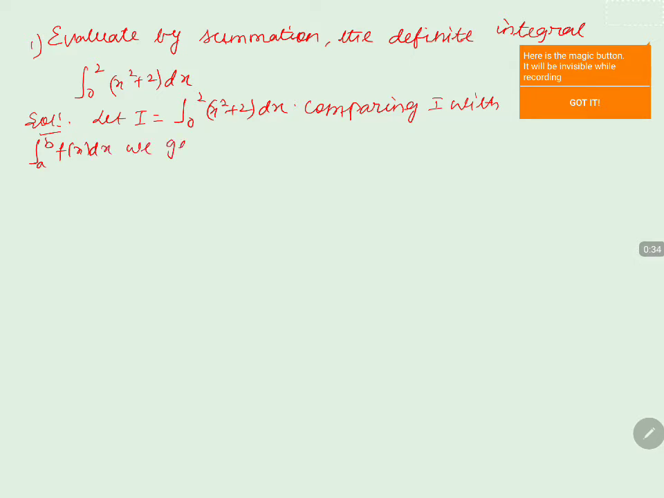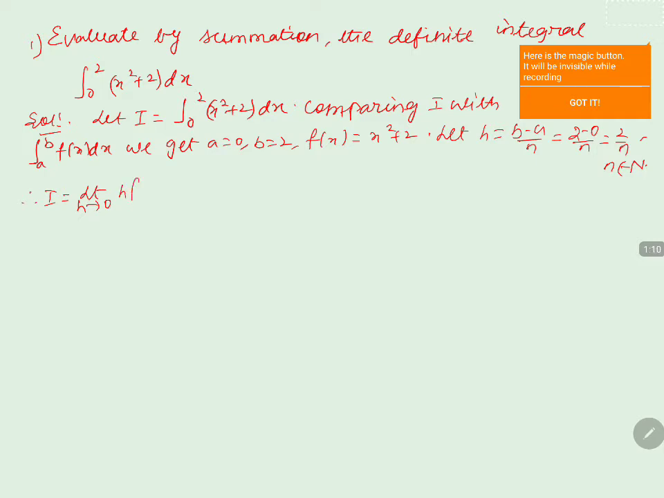We get a is equal to 0 while b is equal to 2, and f of x is equal to x square plus 2, and we'll apply the formula such that h is equal to (b minus a) by n, that is equal to (2 minus 0) by n, which is 2 by n, while n belongs to capital N. We'll write it as I is equal to limit h tends to 0 of h into [f of a plus f